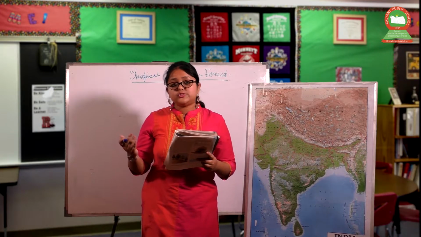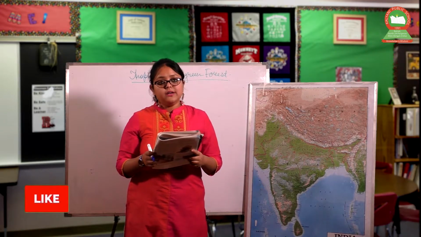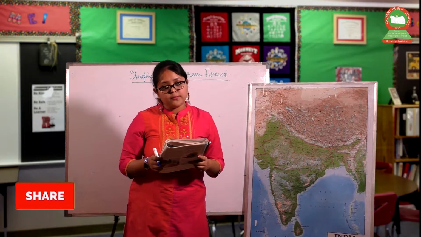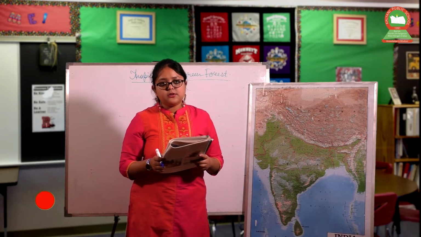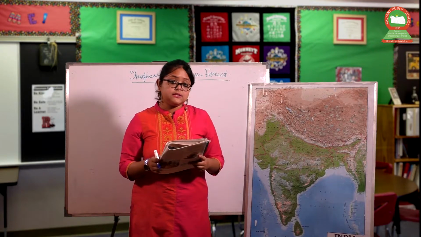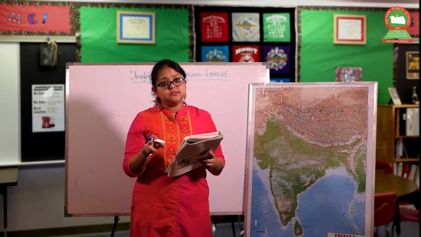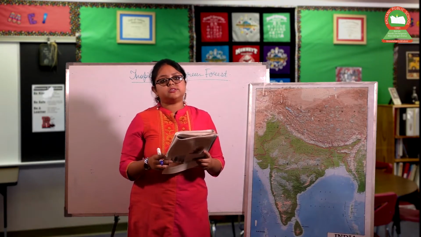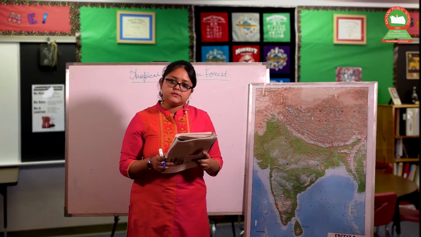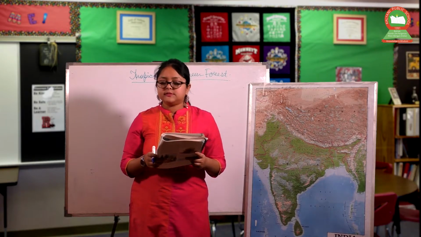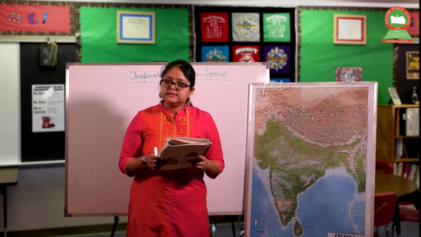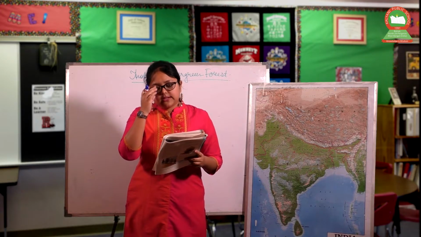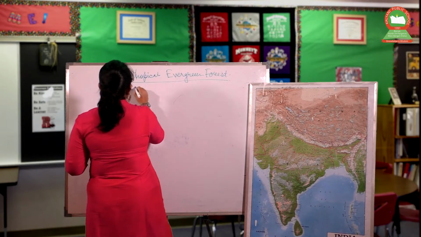Alright. Now what are the trees we can get? Mainly here the trees are ebony, mahogany, rosewood, rubber, cinchona. These are the trees found. And what are the animals? In this chapter we will read about the animals too, on the basis of the different natural vegetation regions. In tropical evergreen forest, the animals we will get are elephants, monkey, lemur, deer, etc. and many other animals. The next vegetation type is tropical deciduous forest.